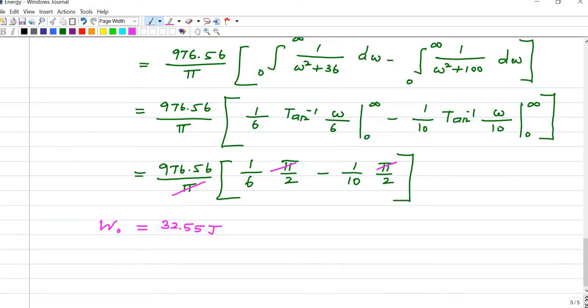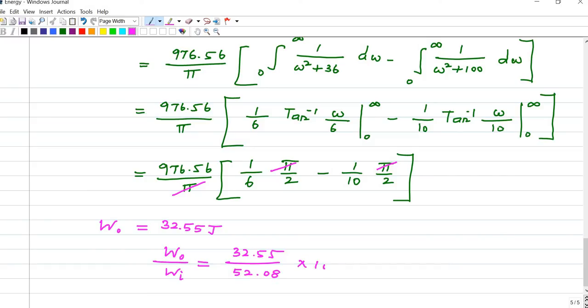So what is happening? We have some signal that we are passing through the low pass filter. We know low pass filter passes only the low frequencies. It filters the high frequencies. So obviously, since some of the signal components are missing, the energy of the output signal will be degraded. So we'll find the ratio output energy divided by input energy. Output energy is 32.55. Input energy is 52.08.